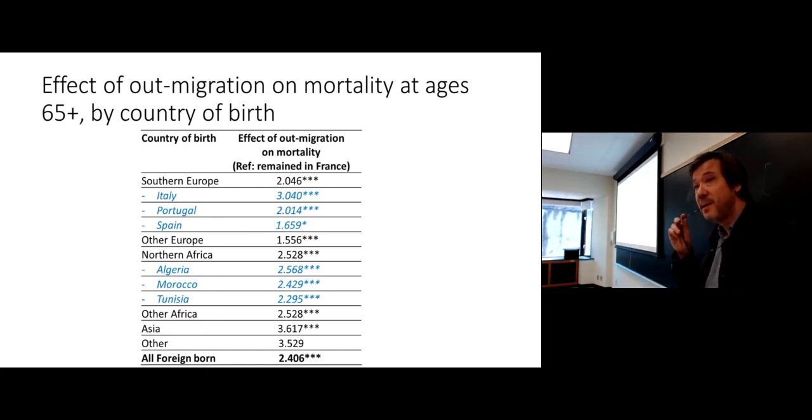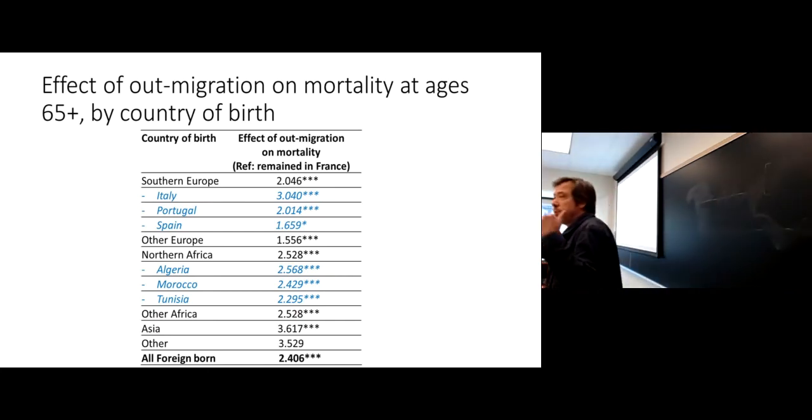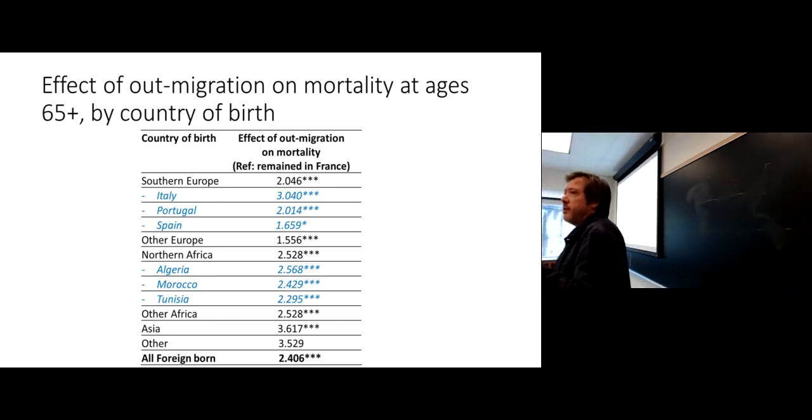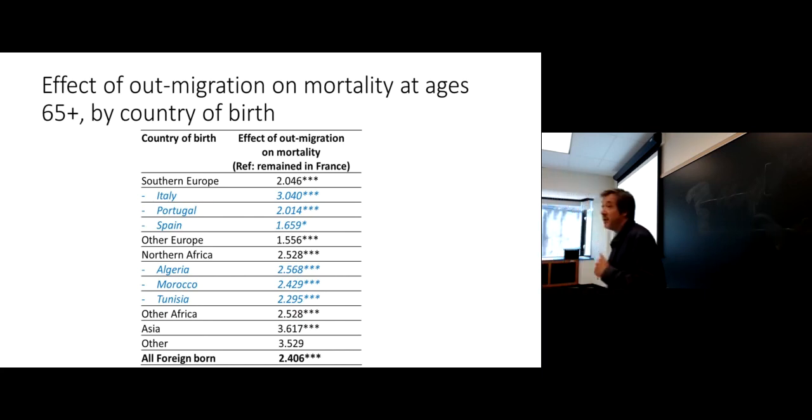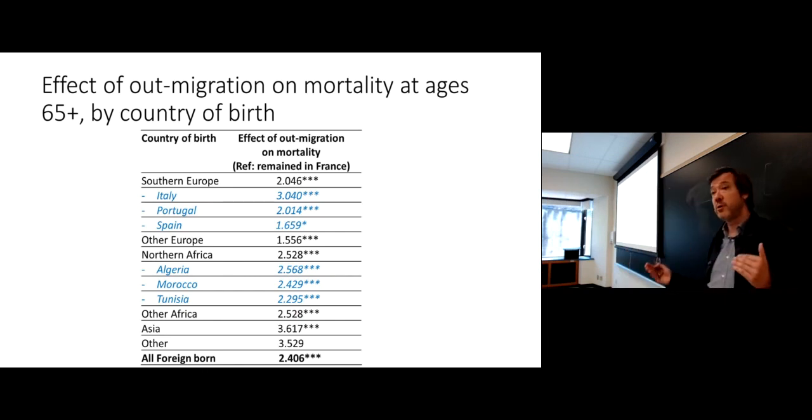Are you going to show us the actual hazard graphs? I'm curious if it's fast, like if people anticipate they're going to die. So that's the proportional hazard model. That's the coefficient associated with leaving France. We're not distinguishing depending on how much time after, since we don't have a lot of follow-up here. I think it's not a huge sample, but overall,